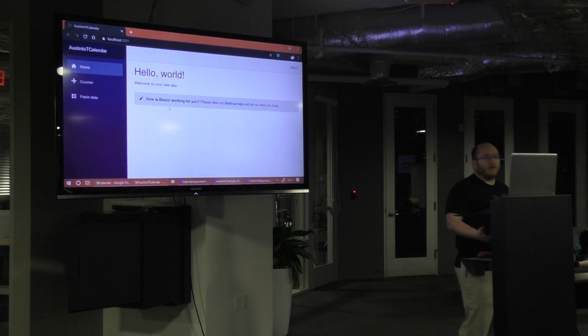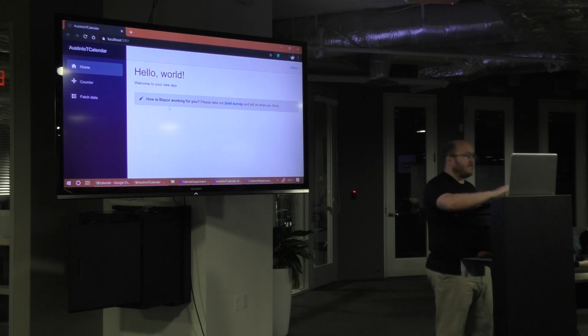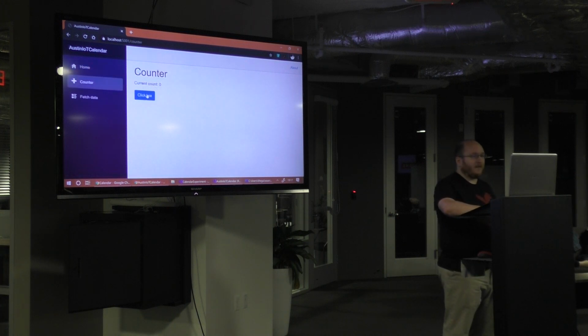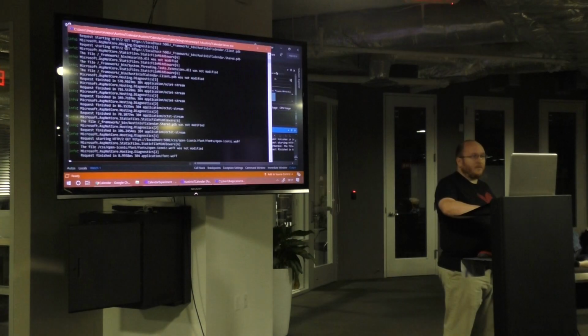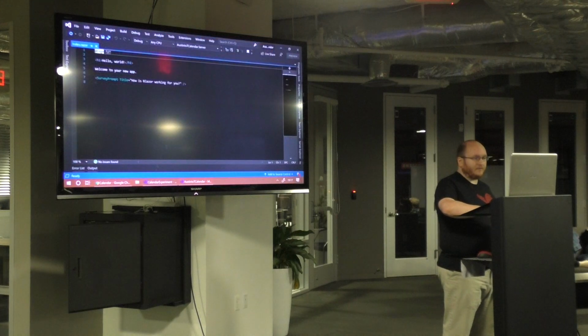It does take a second longer to load because you are loading a binary file as opposed to the text files of JavaScript. But yeah, this right here, this entire thing is done in C# and HTML. But looking at the code,